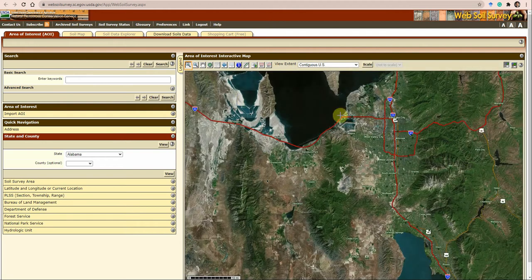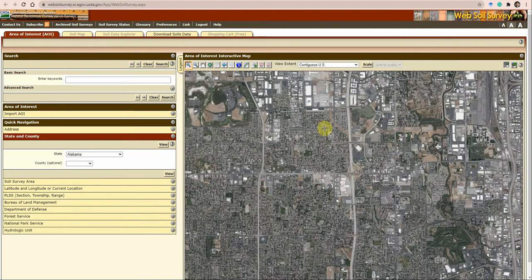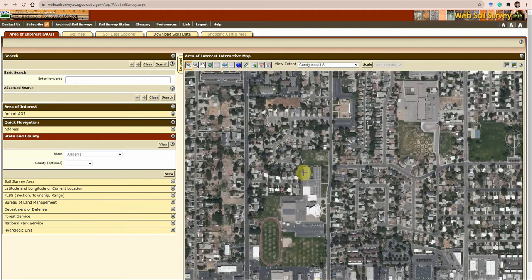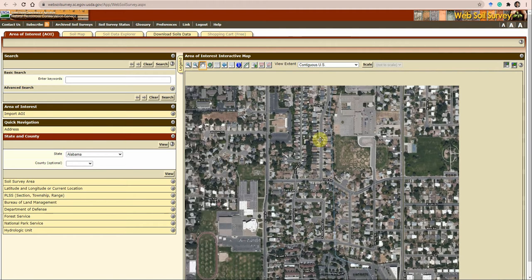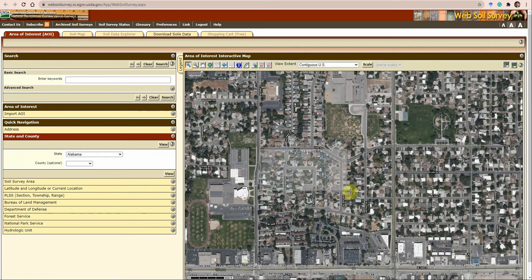So this is Salt Lake. I'm gonna zoom in more here in this area. And I'm gonna zoom in more maybe in this block here, and it's just a random location. I'm just gonna choose a random location. I'm gonna zoom in more to here,